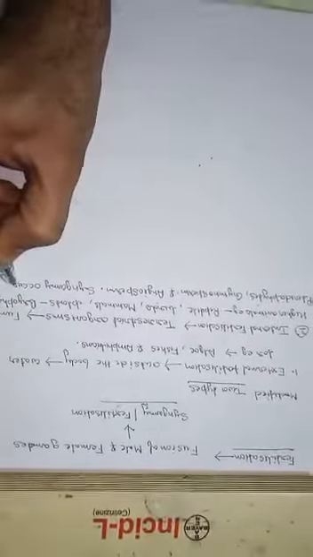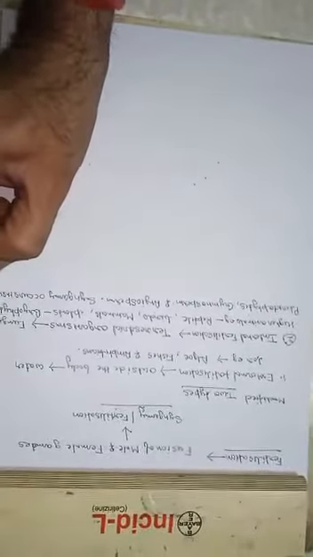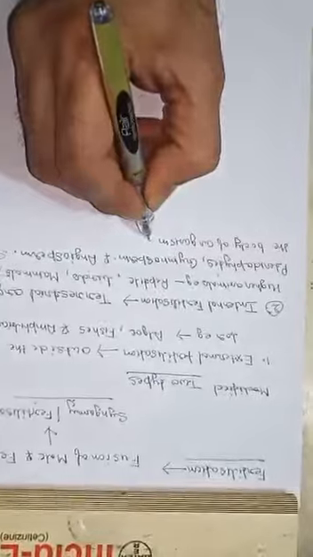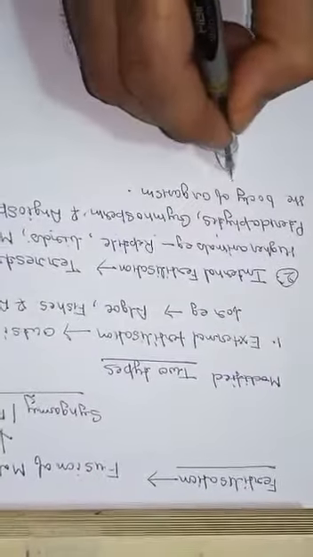Syngamy occurs inside the body of the organism. Hence, this process is known as internal fertilization. The male gamete is motile. In internal fertilization,